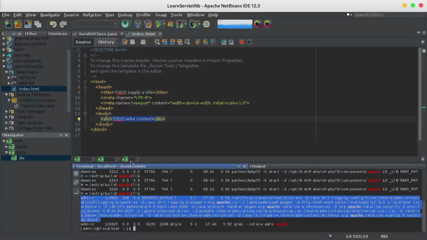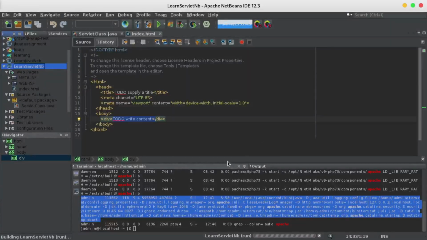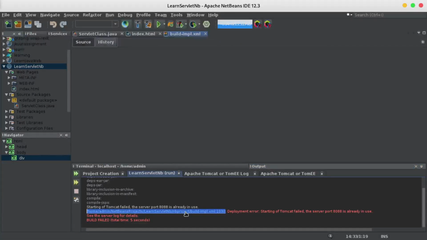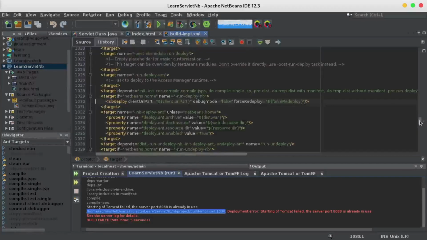Yeah, that's quite important. So maybe we can try and run our application again. Yeah, our Tomcat will not start because it's already running. Okay, we have confirmed here. It is saying that Tomcat start failed.